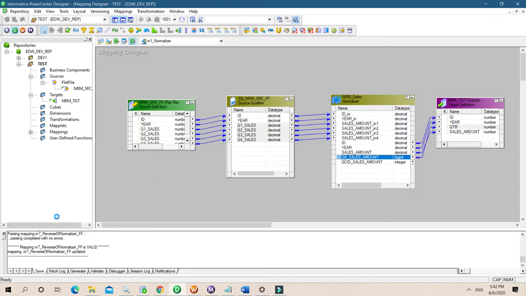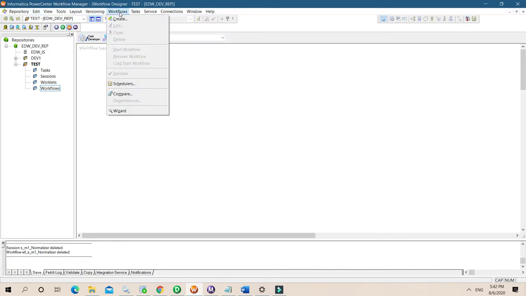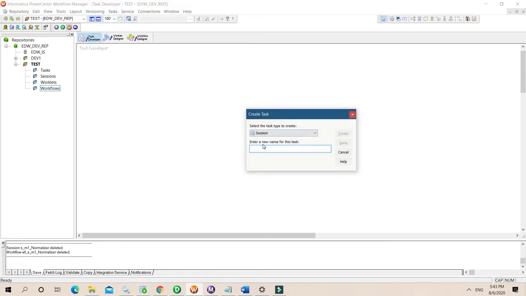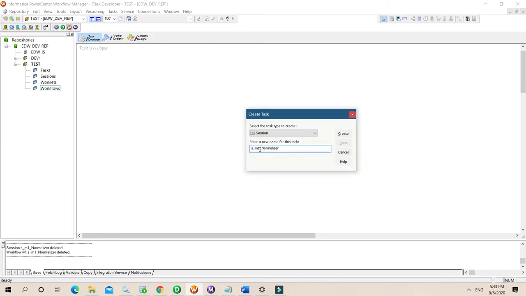Okay, here we go, we save the mapping. These GK and GCID are quite important to note. We'll create the workflow. Sorry, we'll create a task here first, a reusable task. We can create it in there also, but we are going to create it here because they won't be reusable. Okay, no issues.